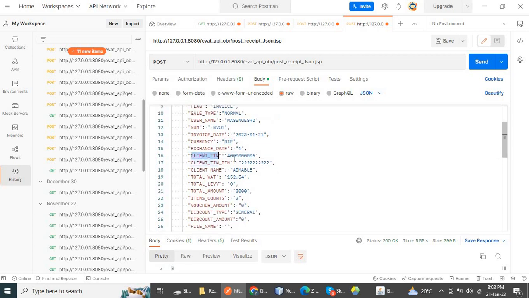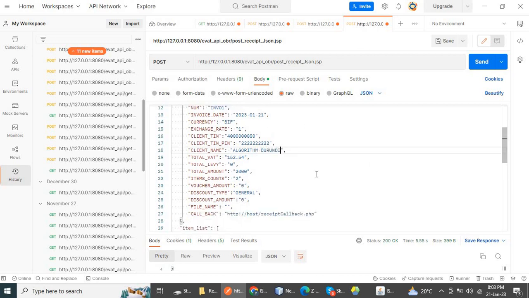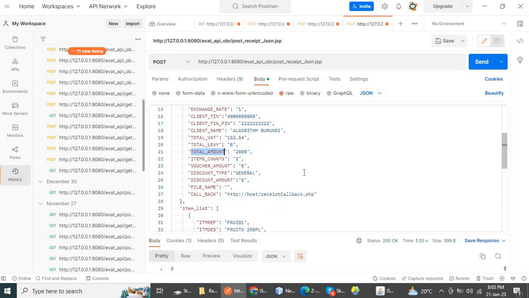We have client TIN number. Here let's use this TIN number. We have client name. Let's call this client algorithm. Have total VAT. You have total levies. Here you have 0 levies because in Burundi we don't have levy. You have total amount, number of items we are going to sell,